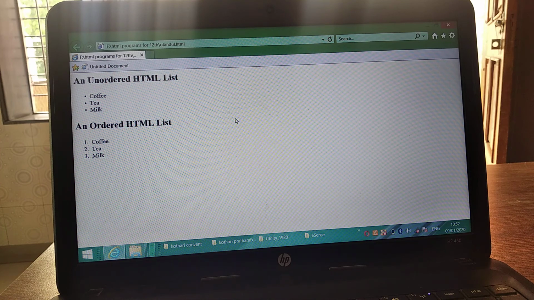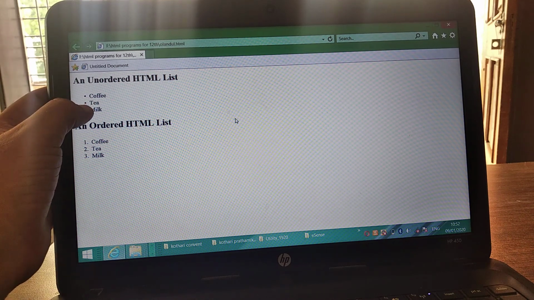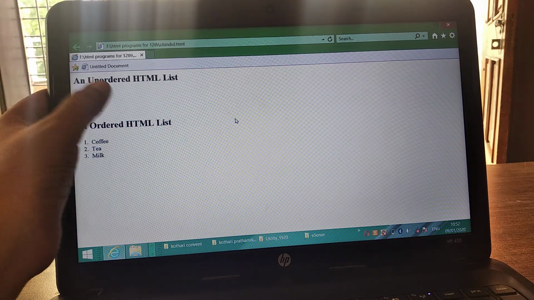I have already opened the browser and the file has already opened here. You can look very clearly over your screen. You can see this is the default unordered list.